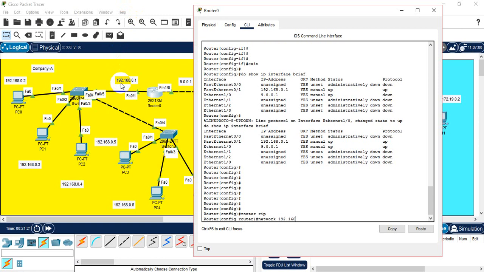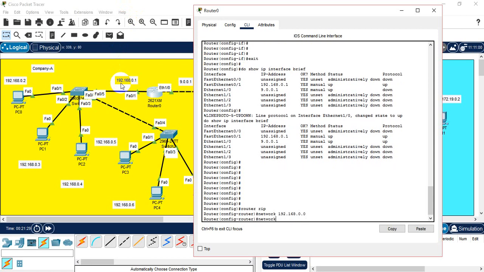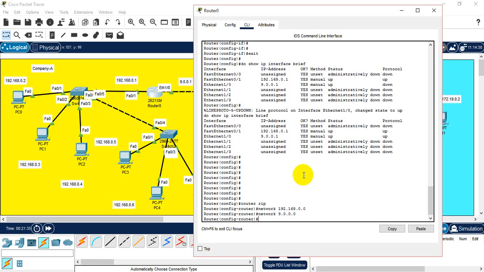192.168 and it's class C, so it would be 0.0.3 network and 1 host. And another network is first class A, so class A 1 network and the host would be 0. Okay,